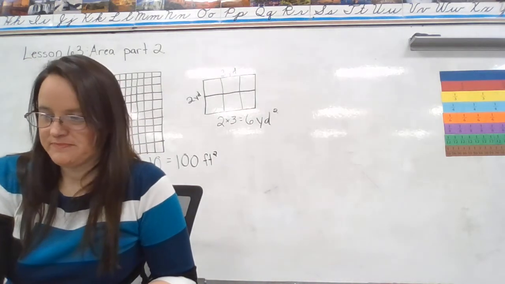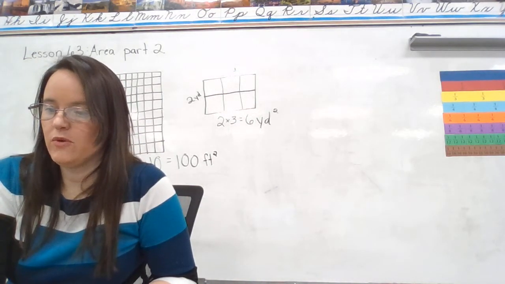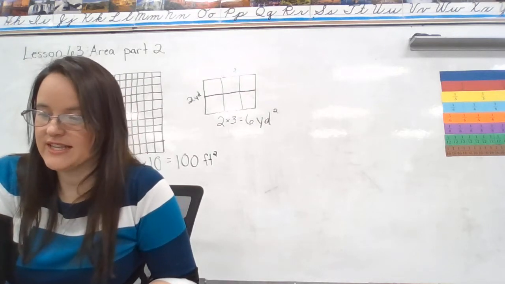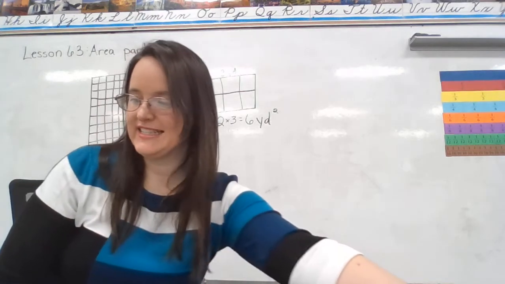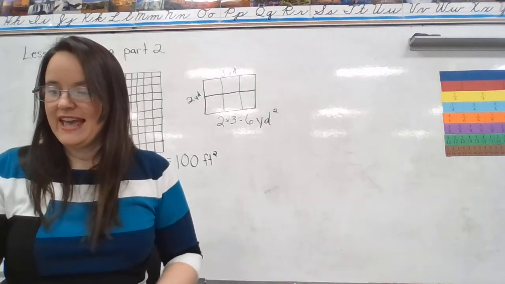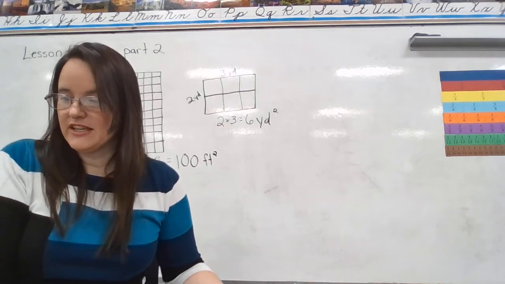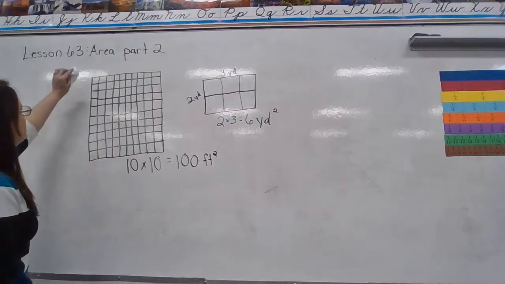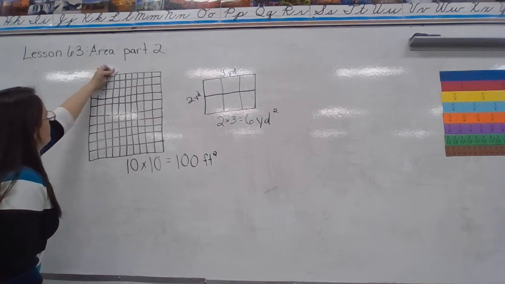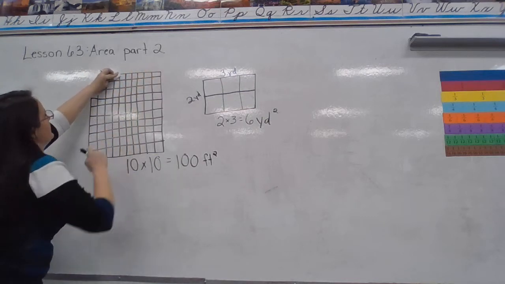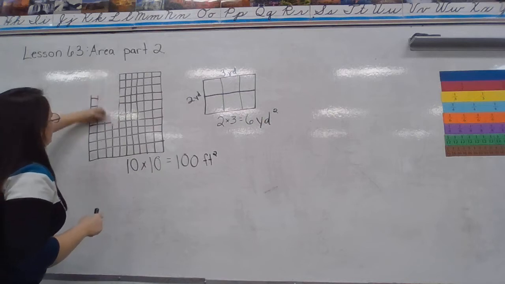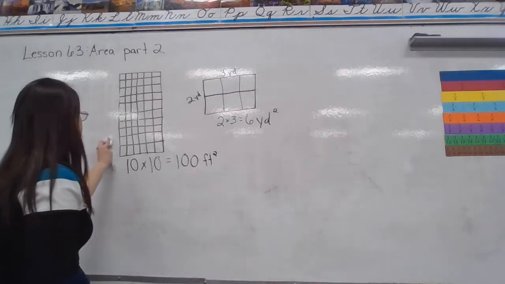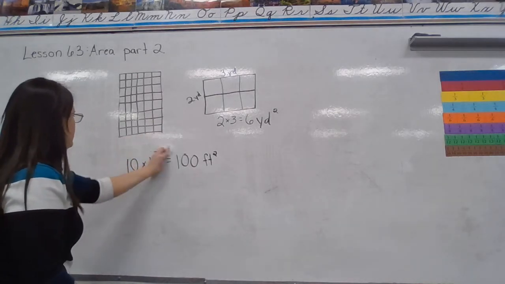Okay, the first problem says the floor of a small room is covered with 1 foot square tiles. Bill counted 6 tiles along one wall and 8 tiles along a perpendicular wall. How many tiles will cover the entire floor? So I'm going to take this one and just get rid of a couple because he counted 6 across. So if I get rid of these, we'll have 6 across. And he counted 8 along the perpendicular wall. So here,